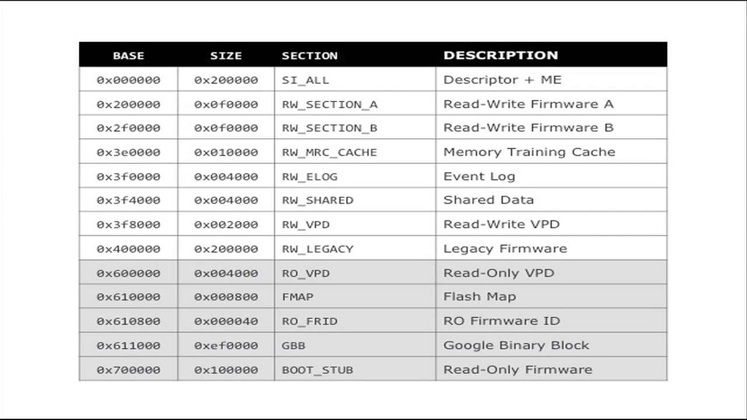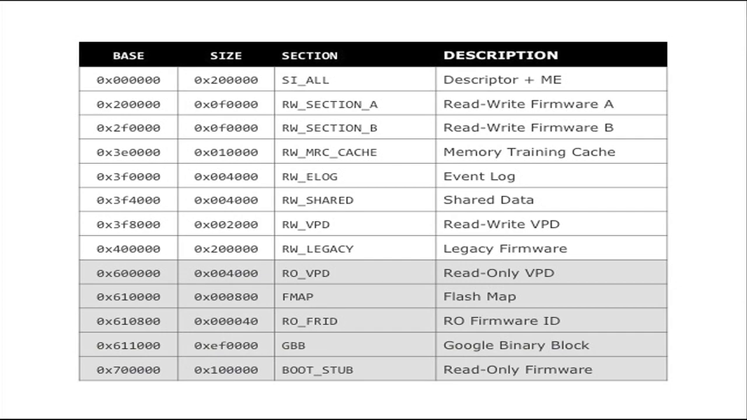So then we split up things. We have 2 copies of the read-write firmware that might be executed. We have a copy of some memory training data that gets saved to assist with fast boots and resumes. We have some event log information, which we'll talk about later. VPD information, which I'll also talk about, and then there's that big legacy region, which we actually, because we have